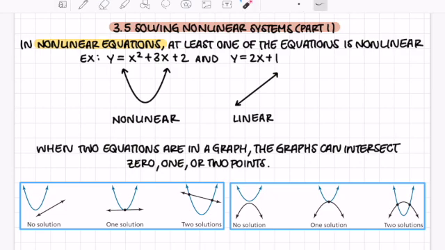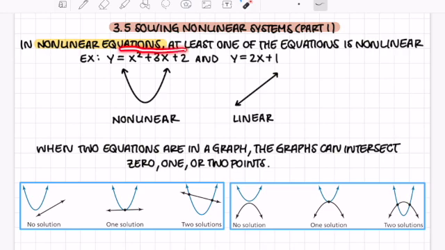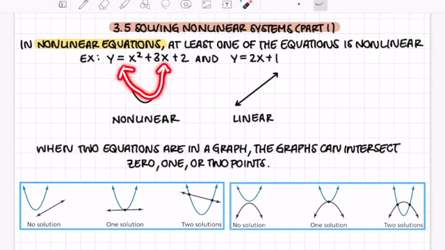So, a nonlinear system usually shows two equations, and at least one of the equations is going to be nonlinear, which means that, for example, let's say you have two equations given to you. Over here, you can tell that this one, because of the x to the power 2, is not a linear equation. This would be a parabola if I were to graph it. So we would consider this to be nonlinear. And then over here on the right side, we do have a linear equation since it just gives us the value of x. So when two equations are graphed and one of them is nonlinear, then the graphs can intersect